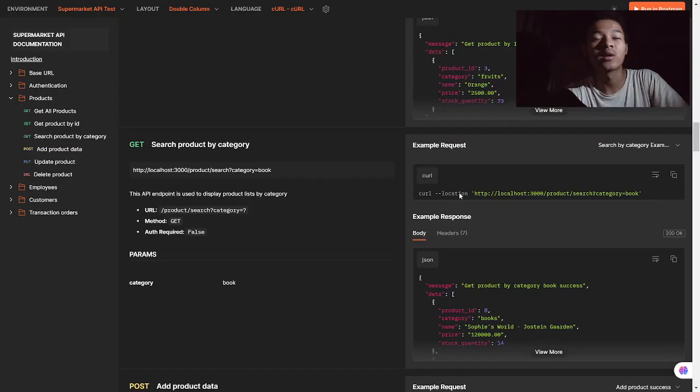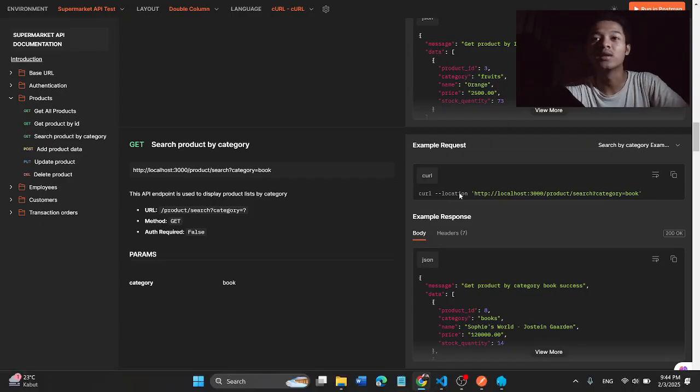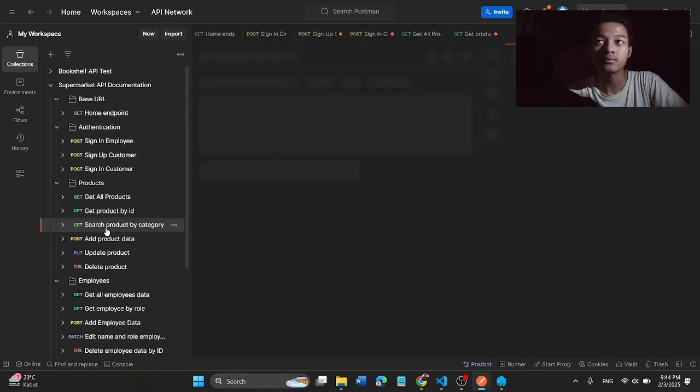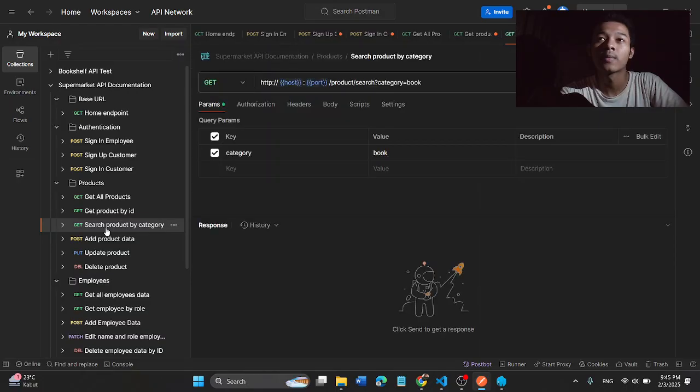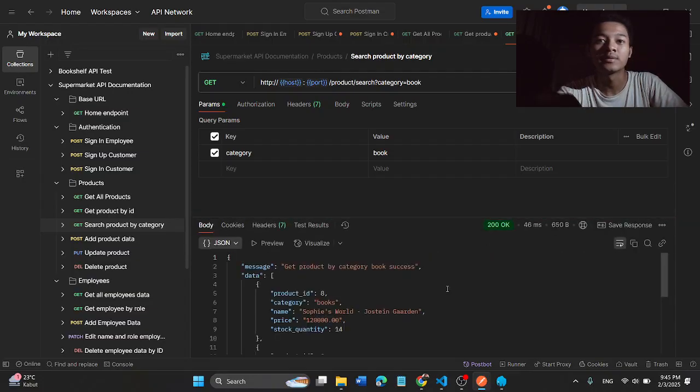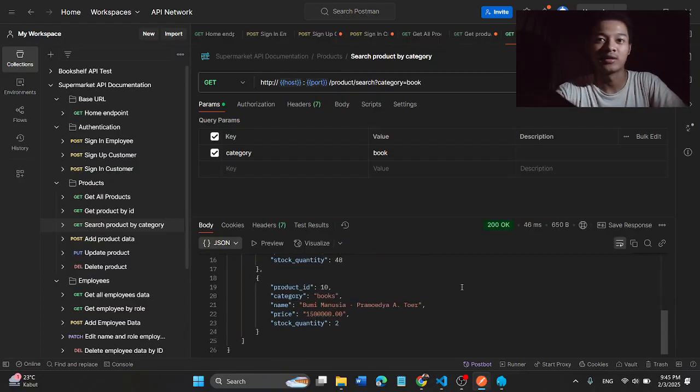No need to input any request body, and go to Postman and send again the request. We will see. For example, we will search the products by category book. Here we already specify the category and send the request, and the response is 200 okay, and this one is the response body.